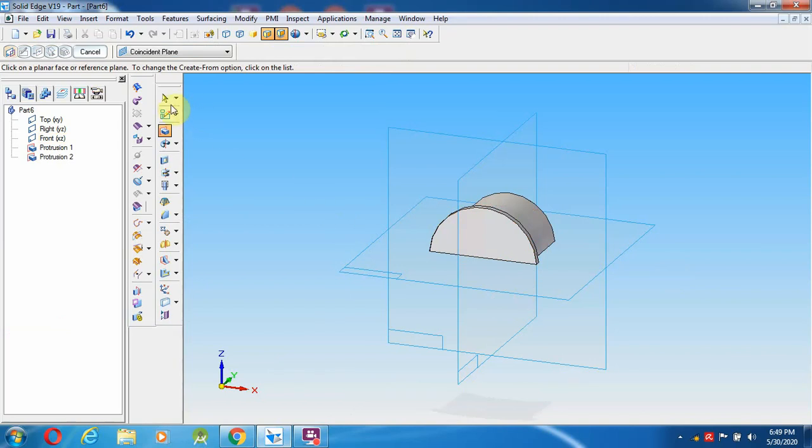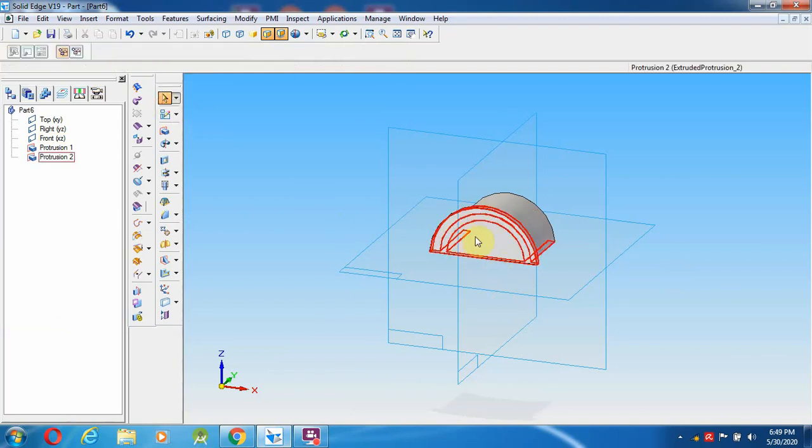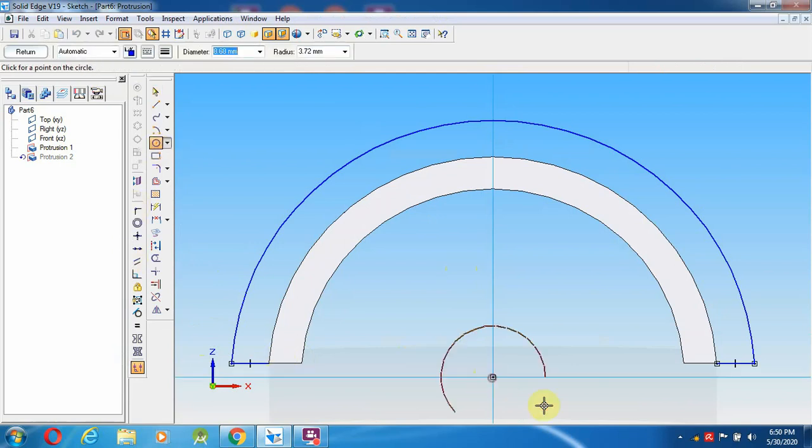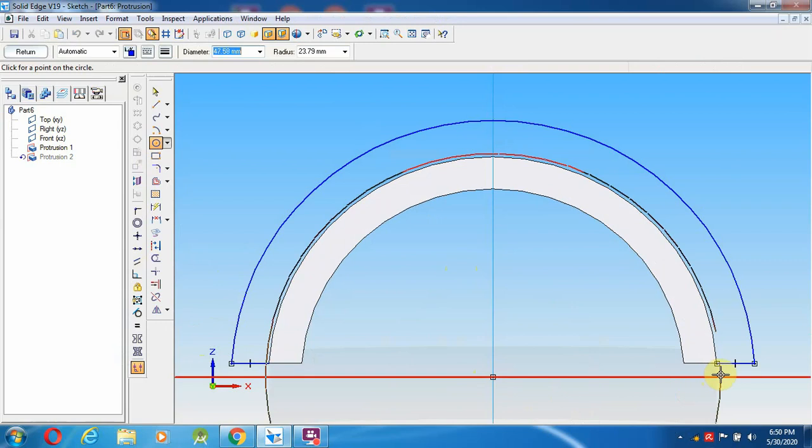Okay, now what happens? Here I have to create the hole, so I am going to select the option called edit profile. Now one more thing, the inside circle has to be deleted.